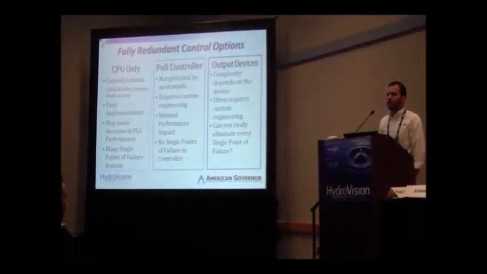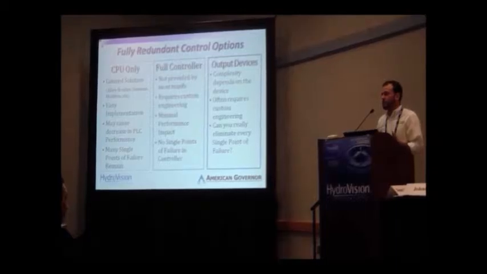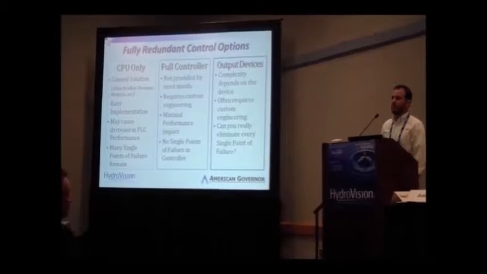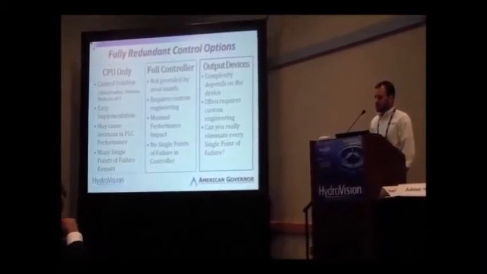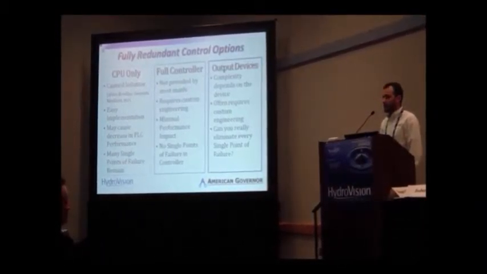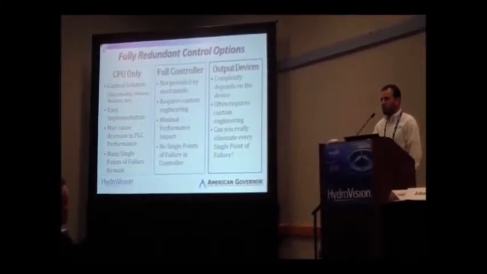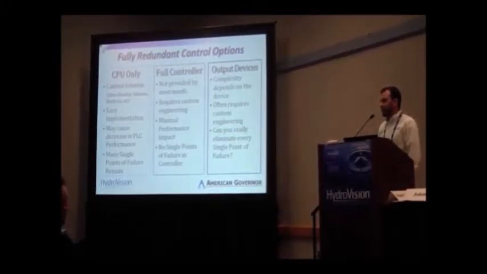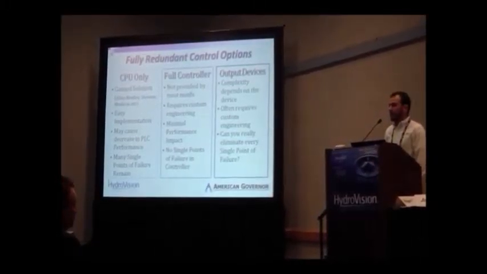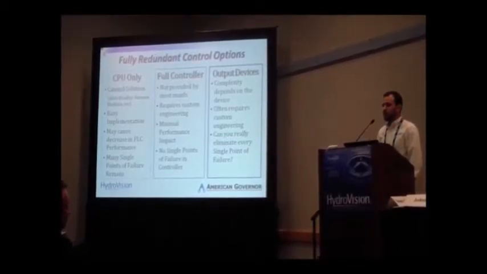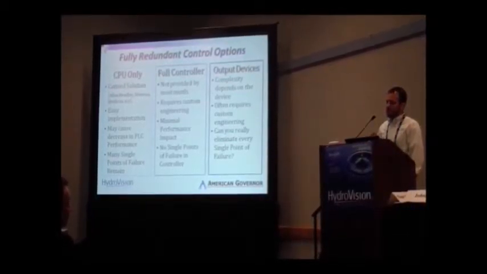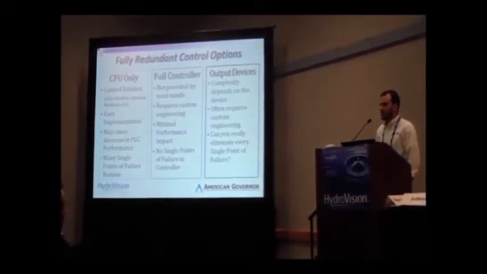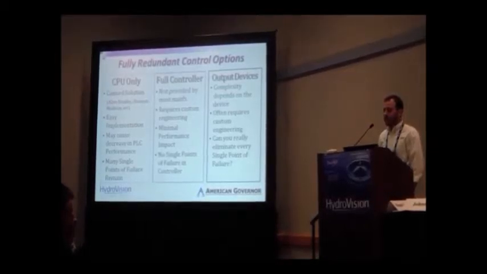This still leaves single points of failure. These 2 controllers come to consensus and say, okay, we're going to open this actuator. Well, what happens if the relay that opens the actuator fails? Or what happens if the valve that opens the actuator fails? And this is where things really start getting into a gray area, kind of going down the rabbit hole of where do we stop? And you need to look at the device, look at the likelihood of it failing, look at the cost of it failing. You'll often see redundant hydraulic controls. You less often will see redundant relays because of fail-safe logic and how they operate. It can get really complicated and give intermediate states of failure.